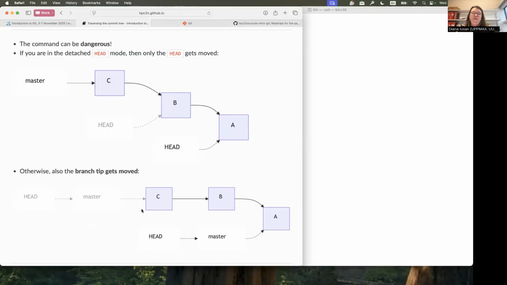Now, if you are in the situation when you're at the tip of the branch, so both the head and the master are pointing to this commit C, when you do git reset to, let's assume, commit A, not only the head reference is going to be moved, but also the branch reference. So master will also be pointing to this commit A. So then what happens actually with these two commits that you had? That simply means that they will not be associated to a branch. They will just be commits that you can only access by